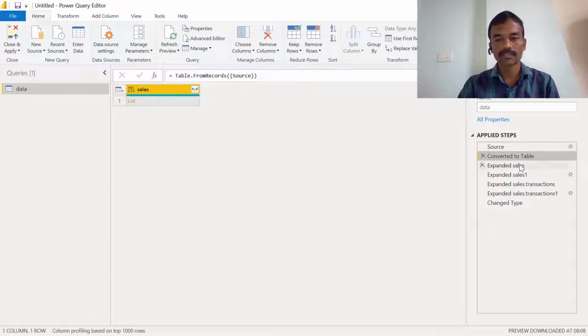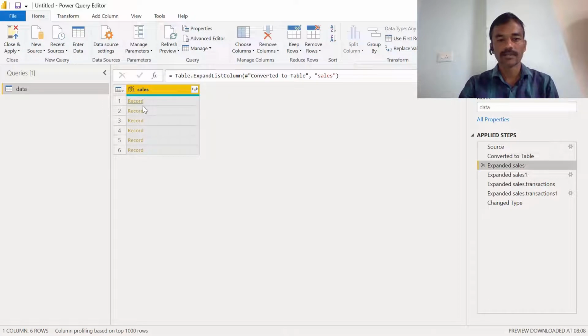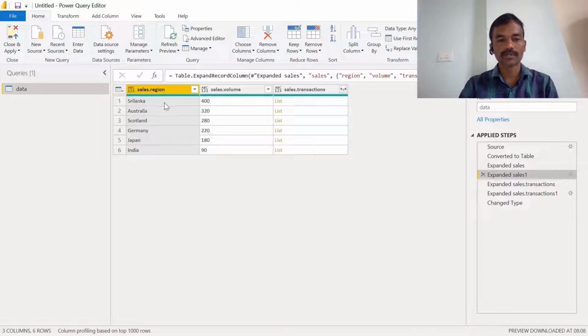Now it is converted to a table, but there is just one field available, sales. Then sales is expanded, which has other records, and then again it is expanded, and then you can see actual values coming for the sales region and sales volume, while the sales transactions are still in list mode.